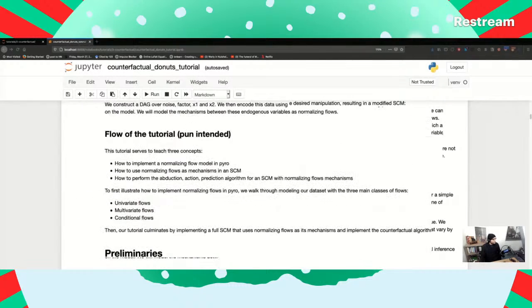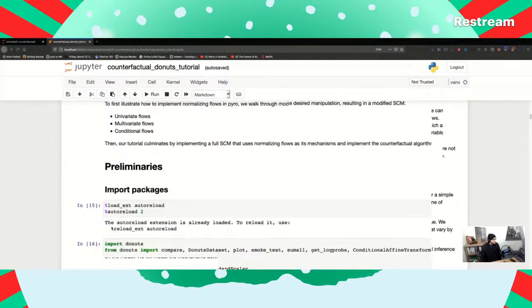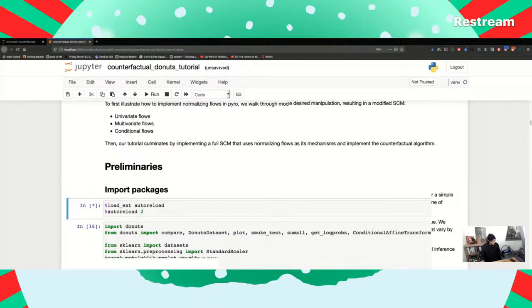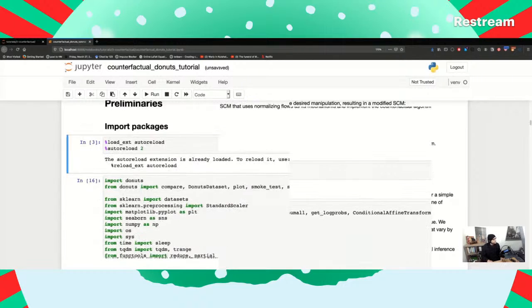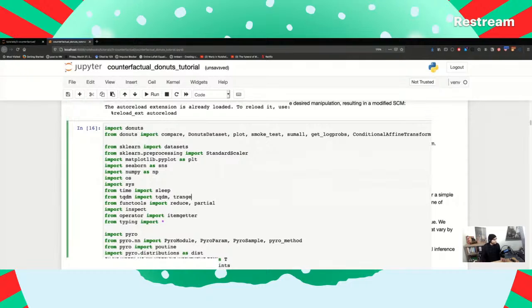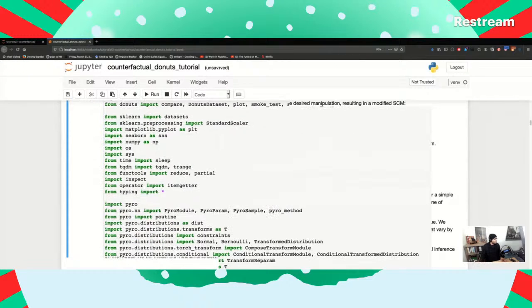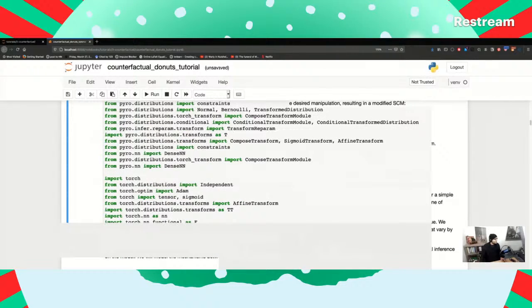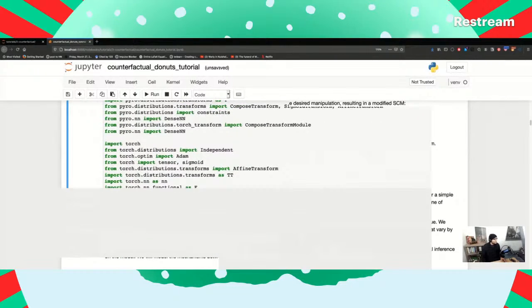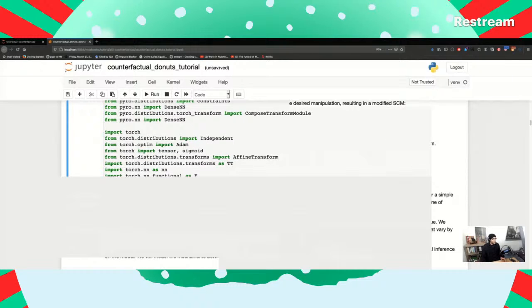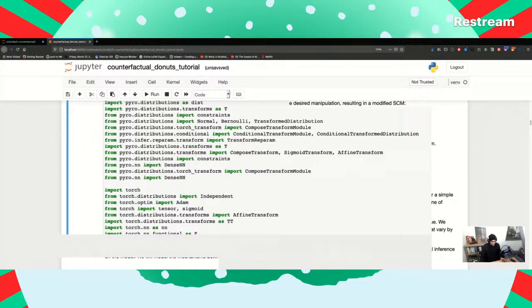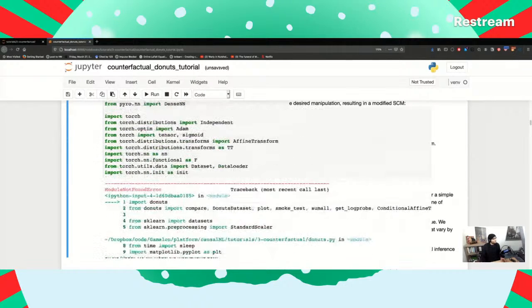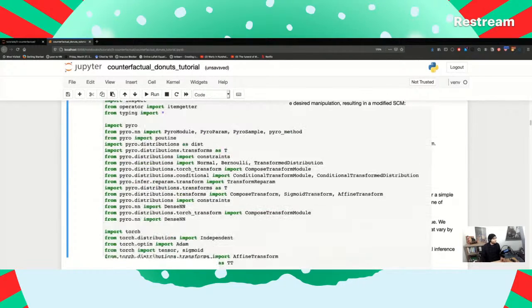Although, we might just have to read through it since it looks like I'm having some issues. Okay, looks like things are back to normal. So, import donuts. All right, I don't know if I have everything that's listed here actually installed, so we'll see in a second. I've never seen a Jupyter notebook not load like this. No idea what's slowing things down. All right, what do we got here? We need Seaborn. I can do that.